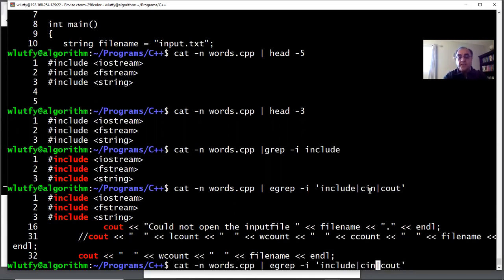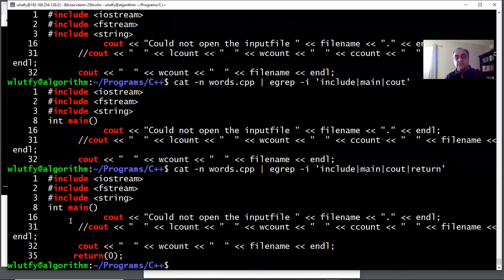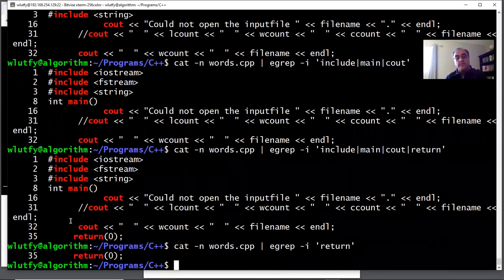If I just want to say every function has a main, it will just display the main here, or every function has a return statement, search for return, then it will do that as well. So the piping is very, very accurate. So if I want to only get the return functions here, notice that it only gave you 1 line. And then you could say, okay, that one is in line 35. And